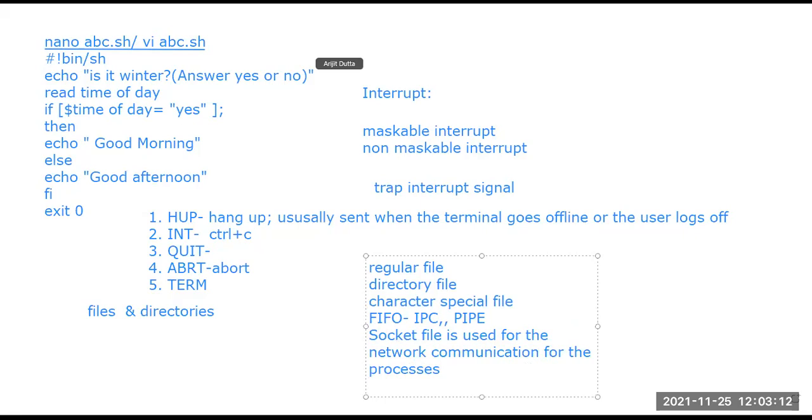Then there is another type, the symbolic link, and there are different macros present for each of these files. We have talked about the regular file, the directory file, the character special file, block special file, FIFO file, symbolic link, and socket. Each has a special macro by which we can understand what the file is.